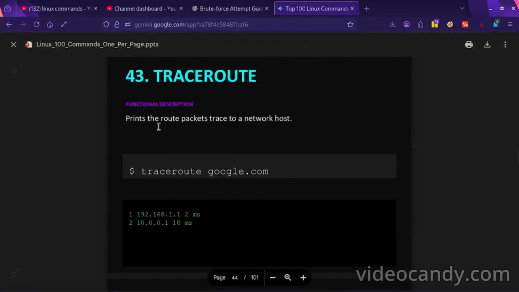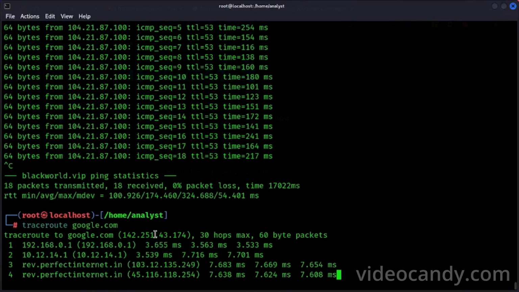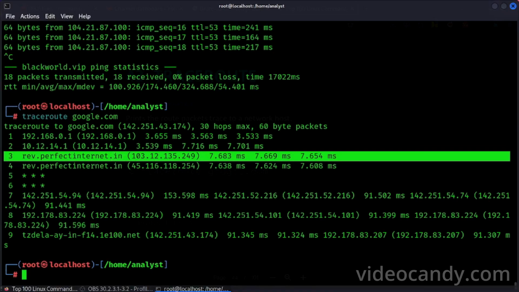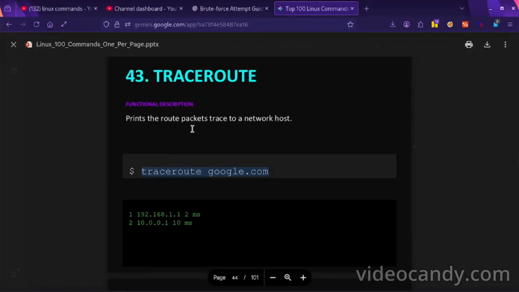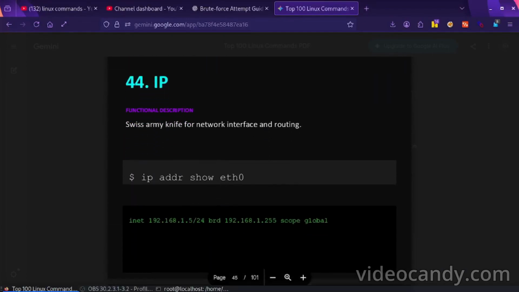traceroute: print the route packets trace to a network host. Okay, we will use this also and we can see this. This is Google's traceroute.